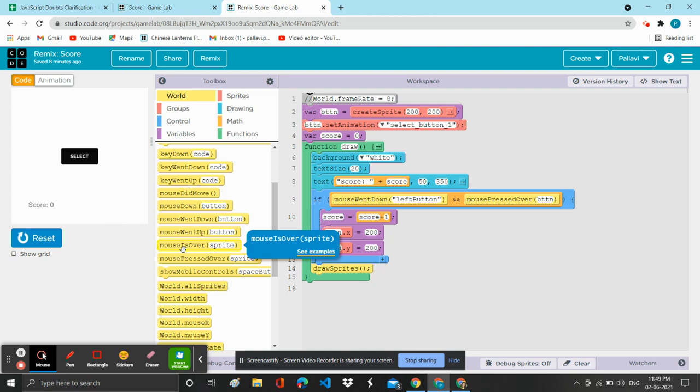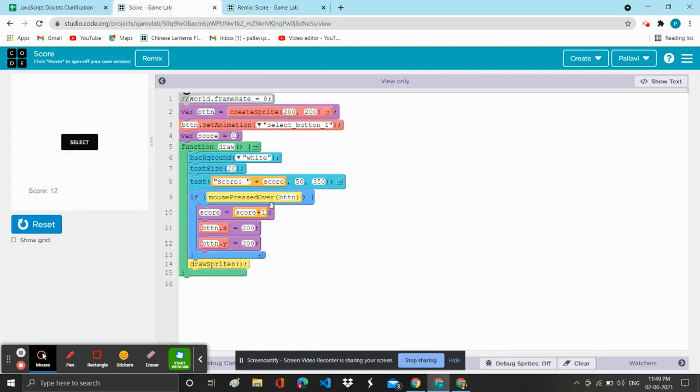When you click on the sprite using a mouse, it is going to consider many of these instances. Even the mouse left button and the right button, your mouse has left and right. Every time you click, it basically checks whether your mouse has gone over this button and whether it is pressed. So this block will check whether the mouse is over this button and whether it is pressed.